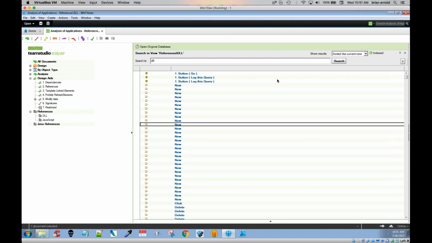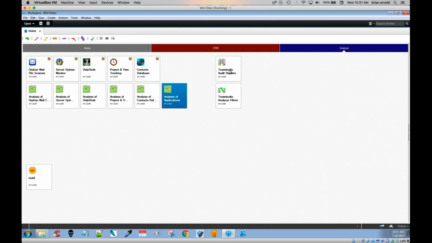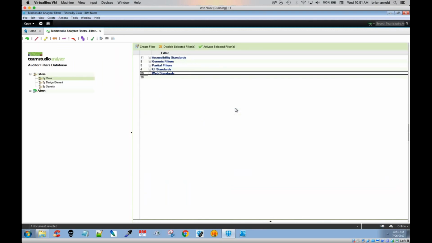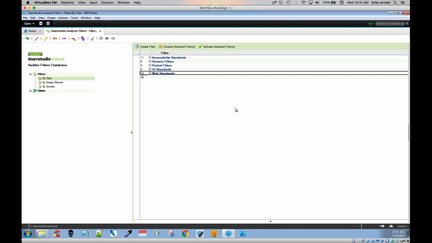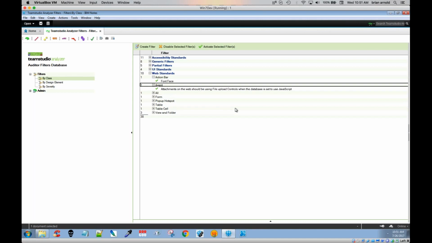You can also use what are called audit filters within the Analyzer database itself. These are a set of preset filters that we ship along with Analyzer that will highlight certain areas of an application that will give you possible issues with standardization. There's a few here: accessibility standards, UI standards, and web standards. The web ones are items that we know in our experience can cause issues when migrating to a web